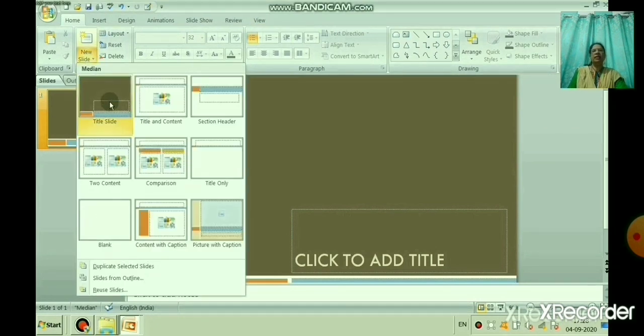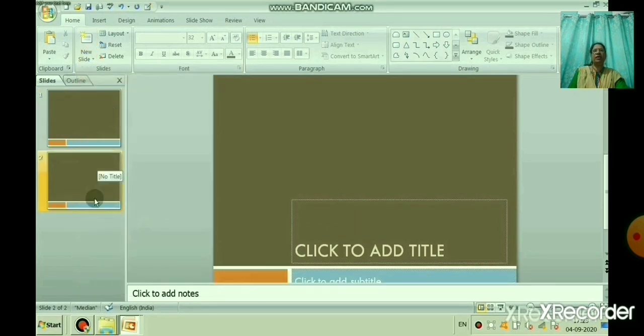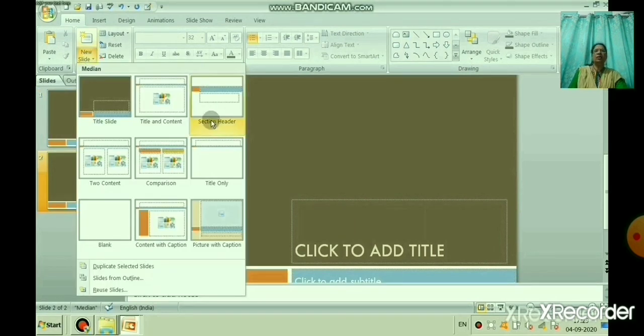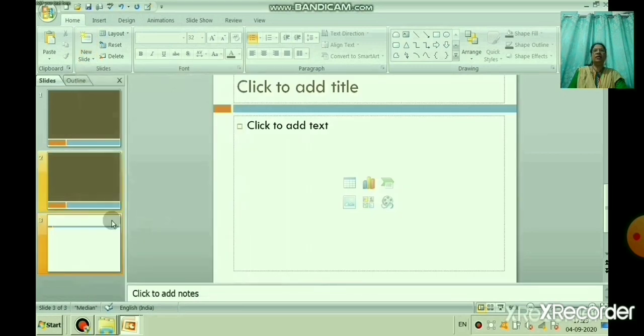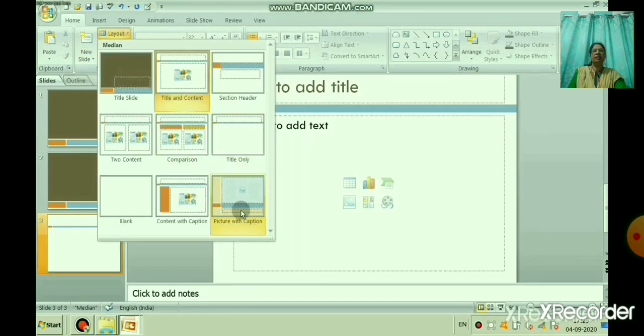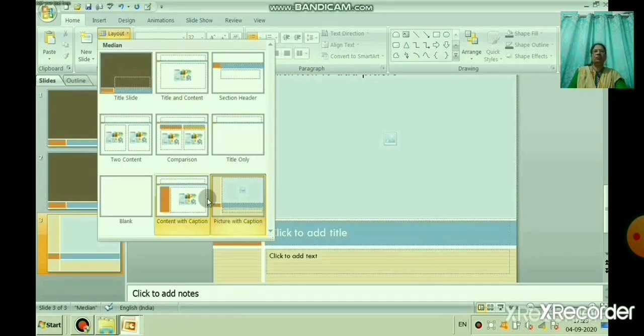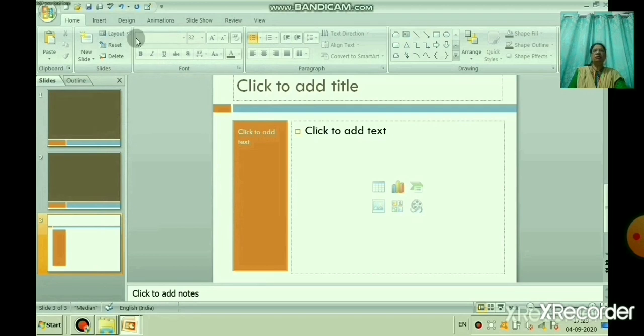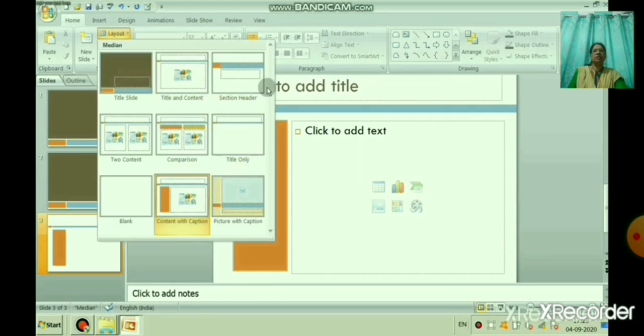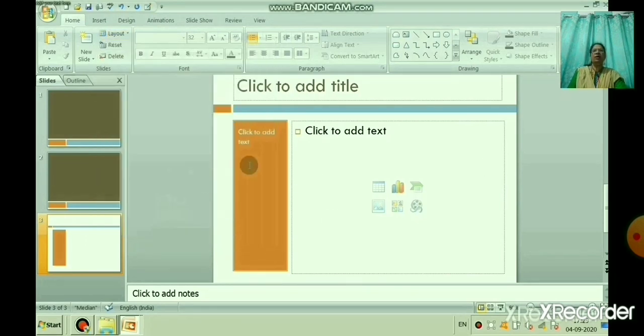Can you see in the layout what you have created? See now. The new layout will come in the layout group. Can you see there? For the entire presentation, you can use the particular layout. Getting, children? So, can you see here? Yes, those are the different layouts. This is a simple layout we have created with the help of Slide Master.